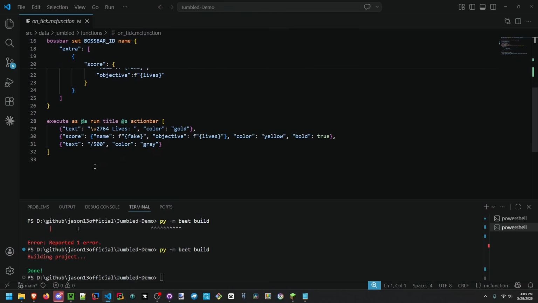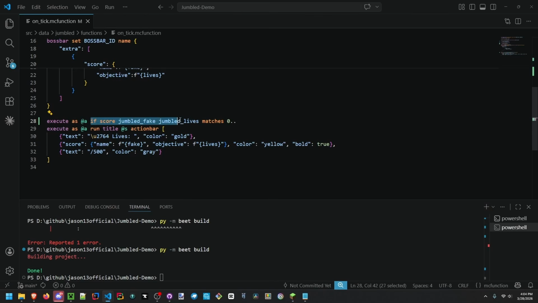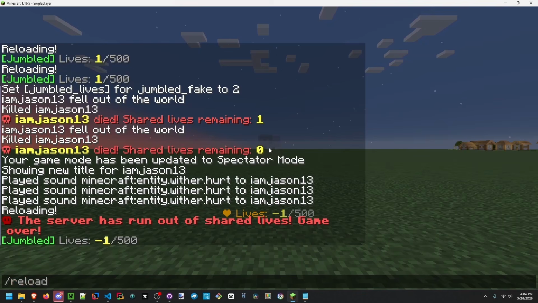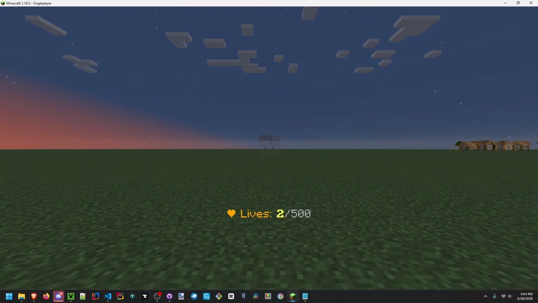So that's coming from our action bar here. So we only want that to display if the score of our fake player lives matches the range of greater than or equal to 0. So I added this if score matches that, then I'll just take this back here. So we run title at s action bar for all players, and I'll build this, and I'll reload, and that fades away. So if something happened and all of that game over logic happened, the action bar comes back,